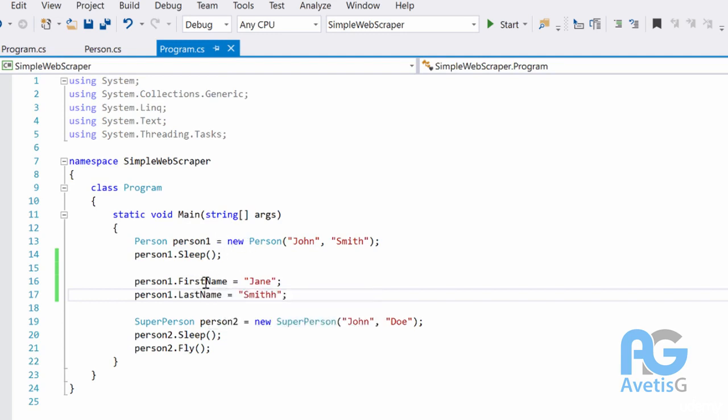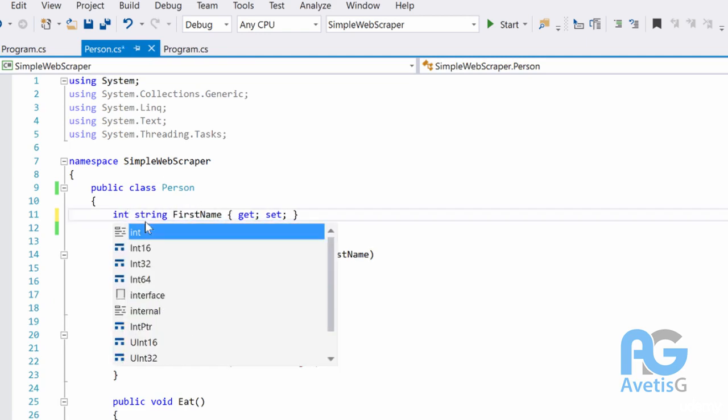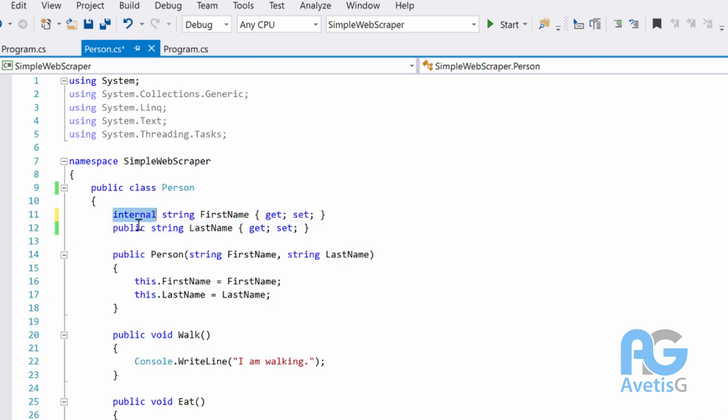So first name and last name are still public. If I go into the person and I change the first name and last name to internal, so I make this internal, right? So you can make your properties, your functions, your classes, all of them have access specifiers. It doesn't matter if it's a class or a property, it can still have an access specifier.